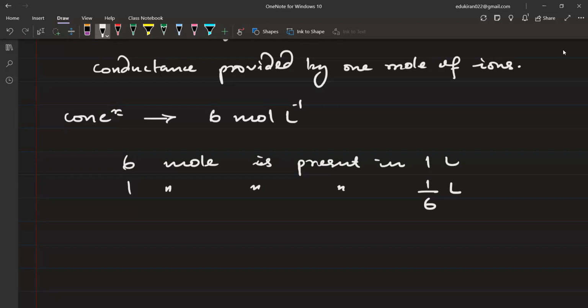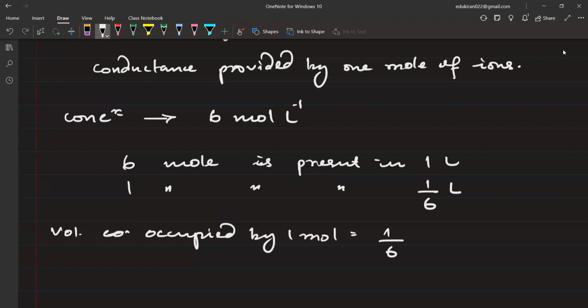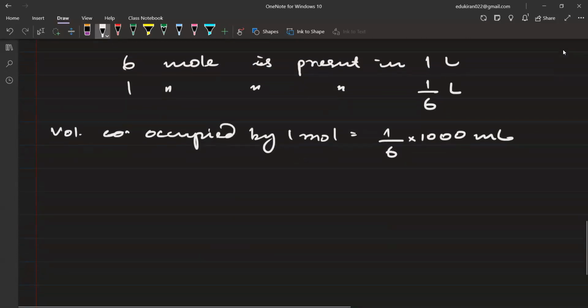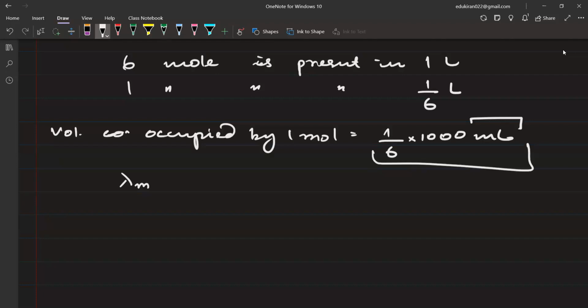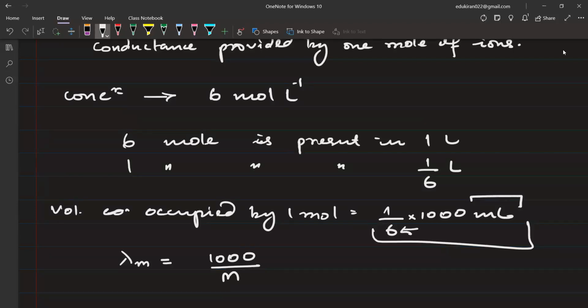So the volume occupied by 1 mole is equal to 1 by 6 liters, or I can say 1 by 6 into 1000 ml. Correct? Yes. Now please see. That means I can also say that whatever conductance is provided by this particular amount, lambda m will be that. So I can write 1000 divided by the molarity. 6 was the molarity, that is why we got 6 here. Multiplied by